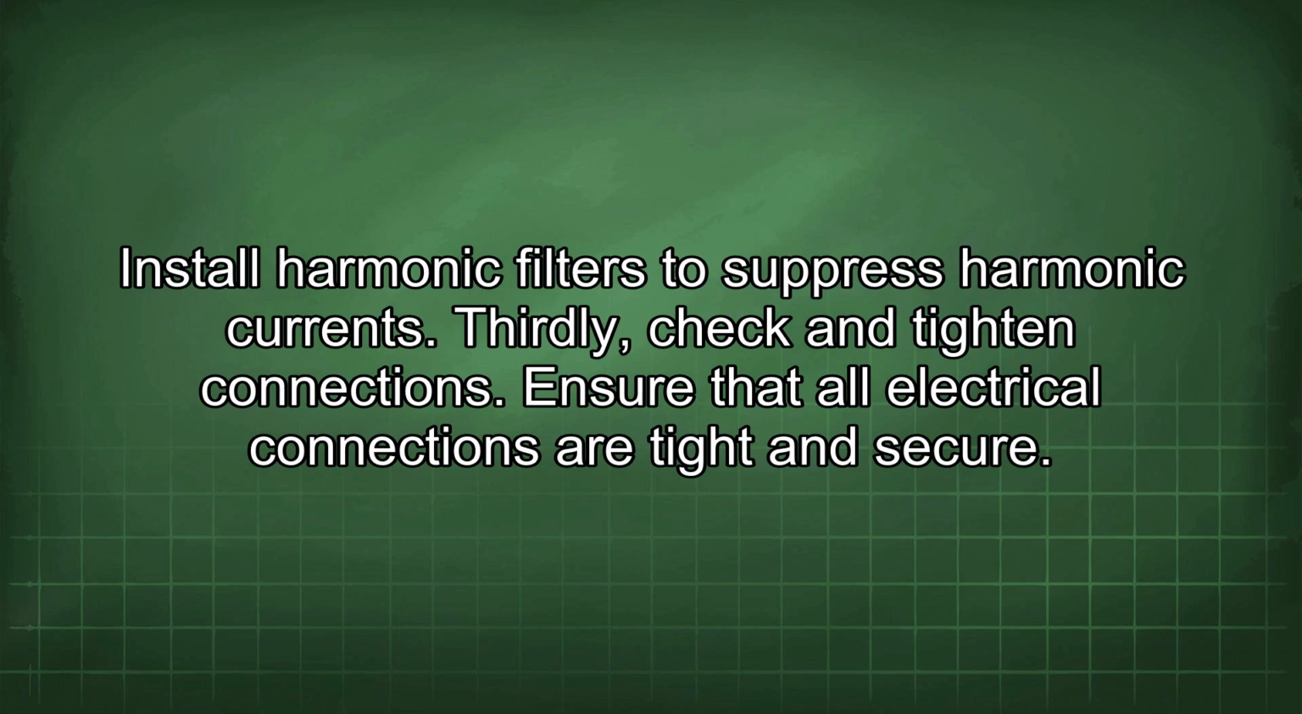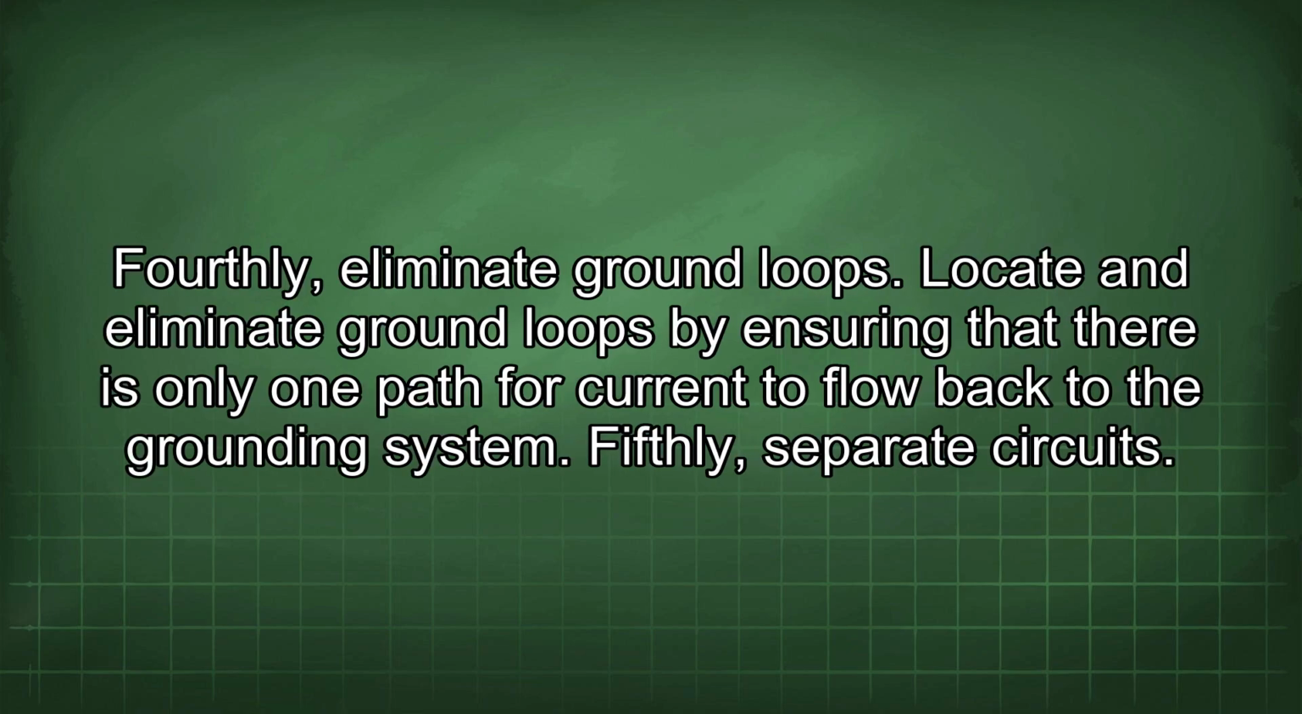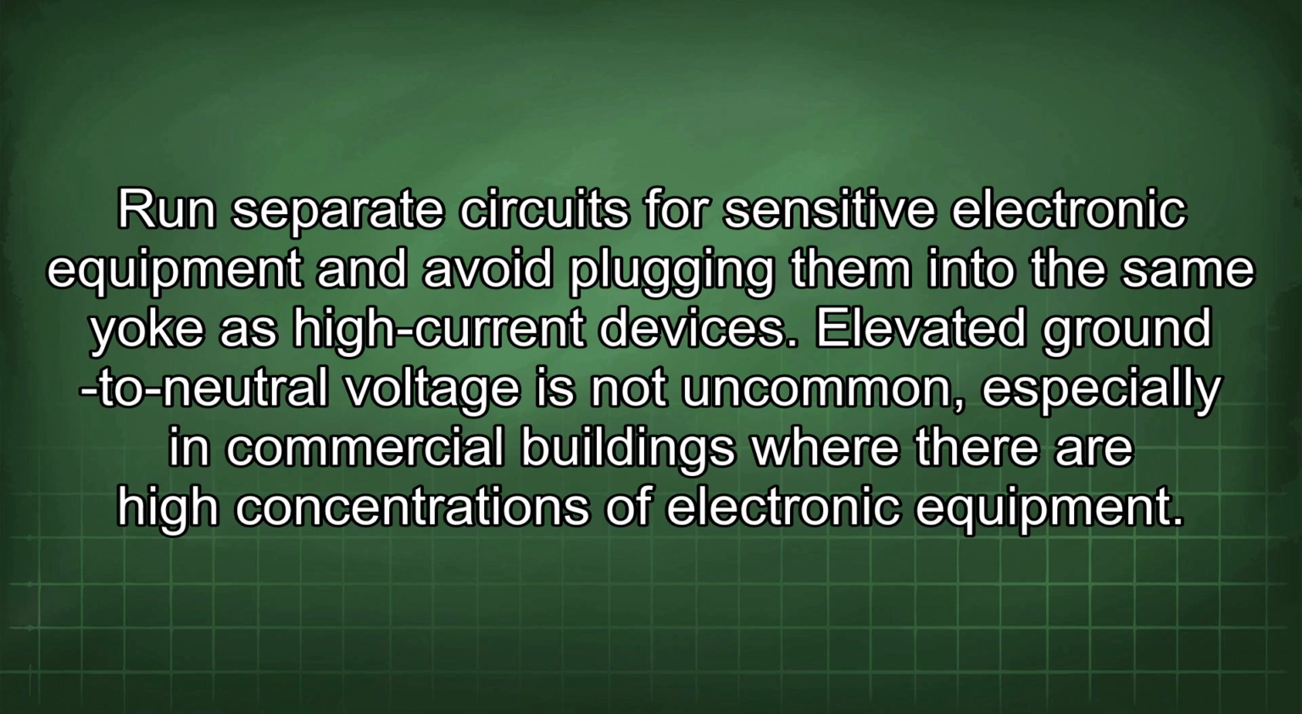Thirdly, check and tighten connections. Ensure that all electrical connections are tight and secure. Fourthly, eliminate ground loops. Locate and eliminate ground loops by ensuring that there is only one path for current to flow back to the grounding system. Fifthly, separate circuits. Run separate circuits for sensitive electronic equipment and avoid plugging them into the same yoke as high current devices. Elevated ground to neutral voltage is not uncommon, especially in commercial buildings where there are high concentrations of